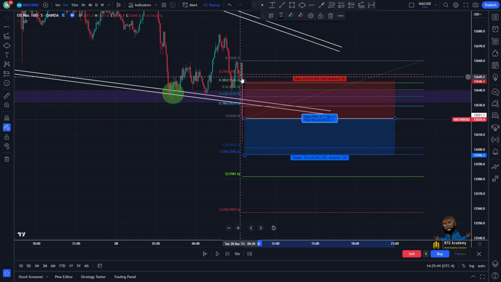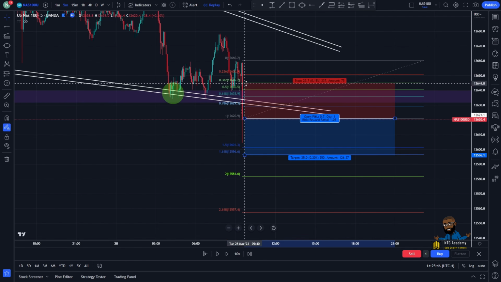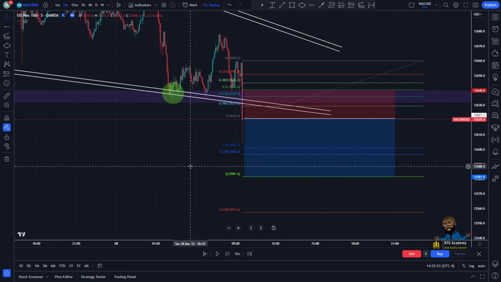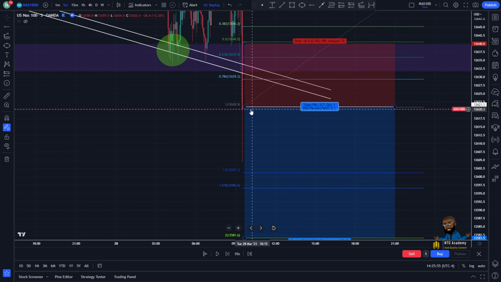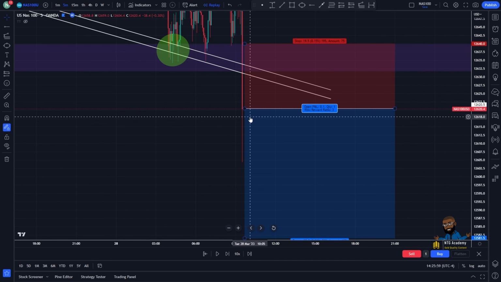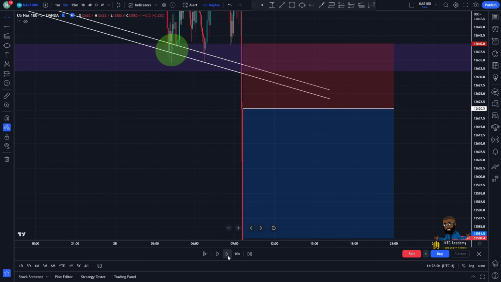You guys can put the stop loss anywhere between the 2.6, the 3.38, or the 0.5, and then of course aim for that 2, and we can have a nice 2-to-1 here in the market, okay? So we're going to enter that trade, and we will just let that play out.